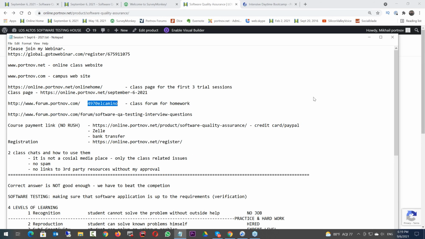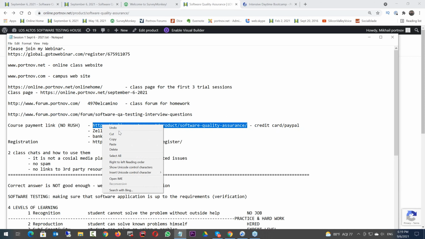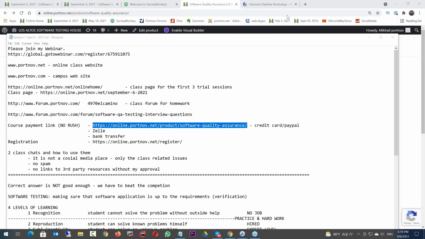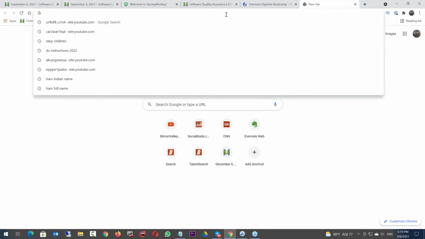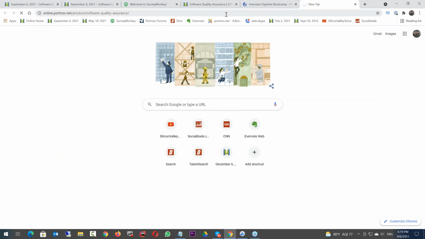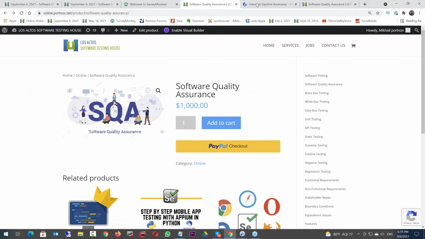What else? Payments. We have a page. Some students are telling me, Michael, why can I not find the payment page? Why is there no link? We do that intentionally because we do not want to deal with money going back and forth. So we want you to pay the money only when you are decided. Probably it was here. Okay, it was here already. So you come here, and before I go, guys, you have 3 sessions to decide if you want to go. The only reason I'm telling you about this right now is because some people are saying, I want to pay now. I decided I want to go, and I said, okay,